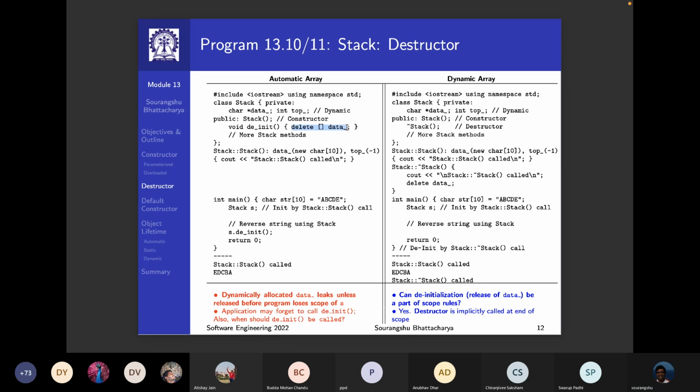Clear? So now the thing is that this is a very bad coding practice, right? Because this is the application programmer's code, and it is a headache for the programmer to remember to deinitialize every time. So this is one situation where you need the destructor. So again, the destructor is like,